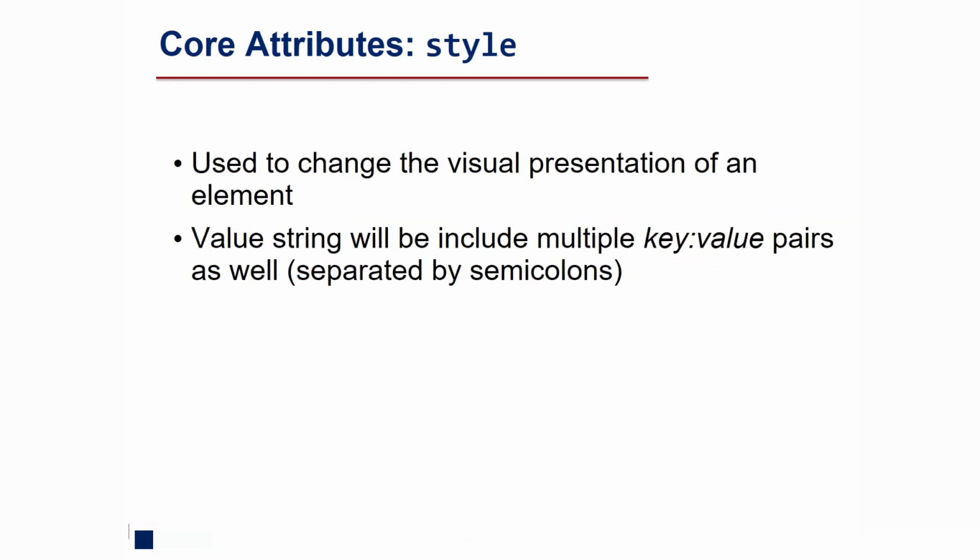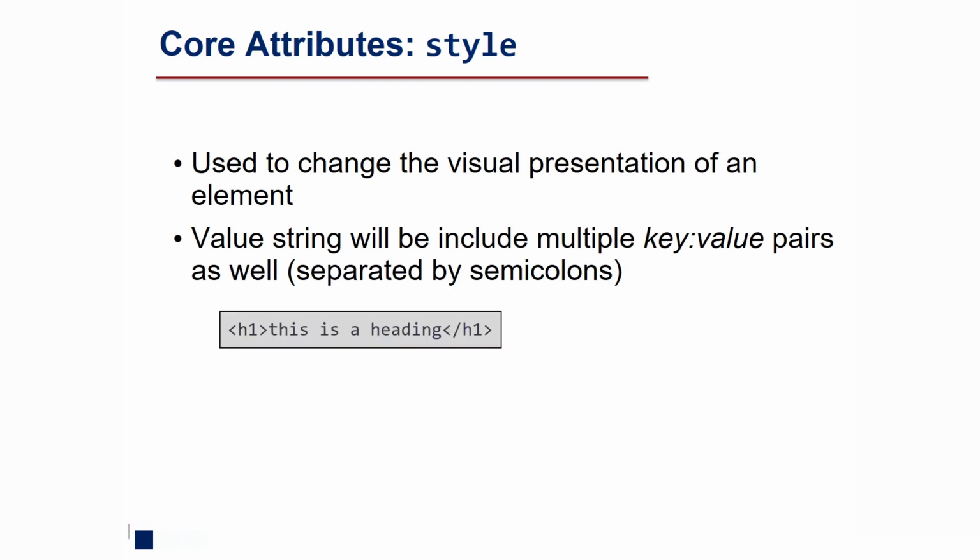But for affecting the appearance, we're going to use the style attribute. The style attribute lets us, as the creator of the HTML page, tell the browser, this is how I want you to render, or this is how I want that HTML content to appear. And there are different key value pairs that we can use within the style attribute that specify the visual appearance